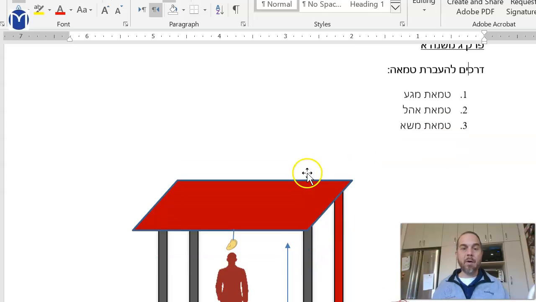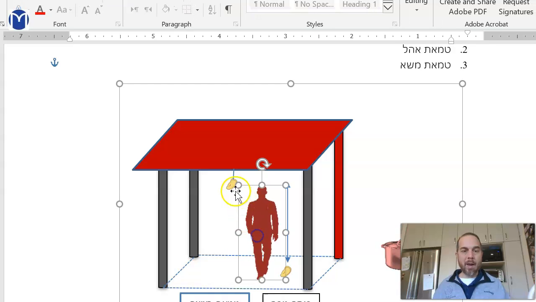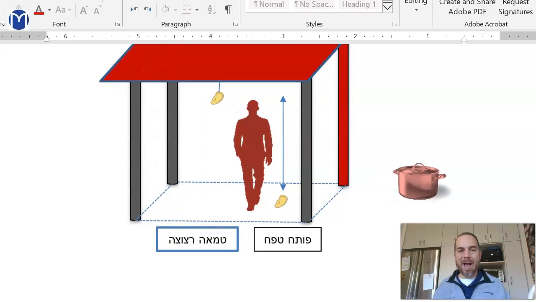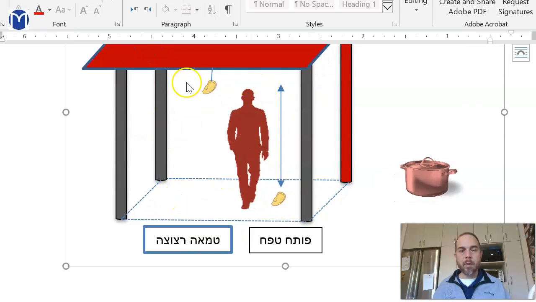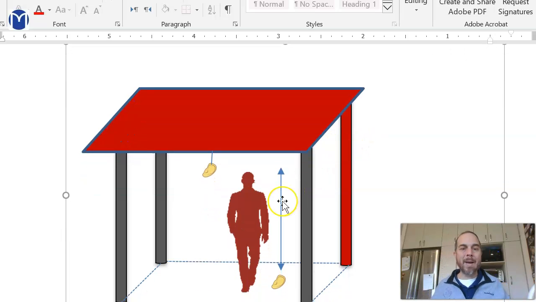There are three types of ohel. It's over me, I'm over it, or we're under the same enclosure. Okay, that's ohel. And masa is if I'm carrying something, if I'm causing it to move, but I'm not actually touching it. I'm carrying it without actually touching it. Right, you get the idea. That's maga, masa, and ohel. So now what happens if I have half a shiur of one or half a shiur of another? We're going to come to that.